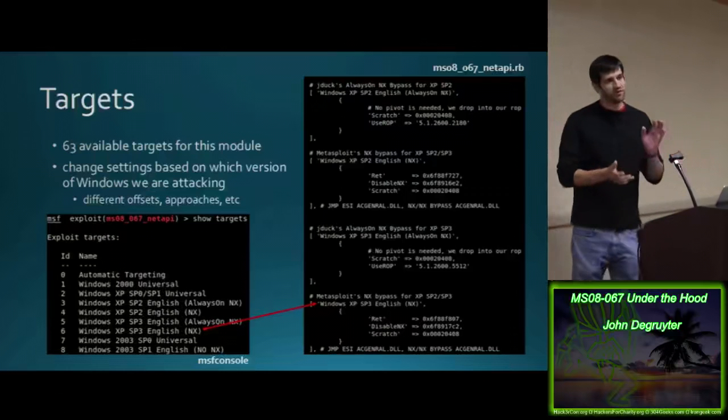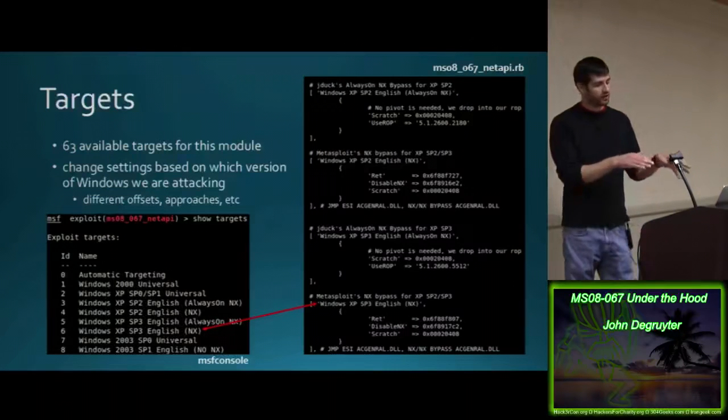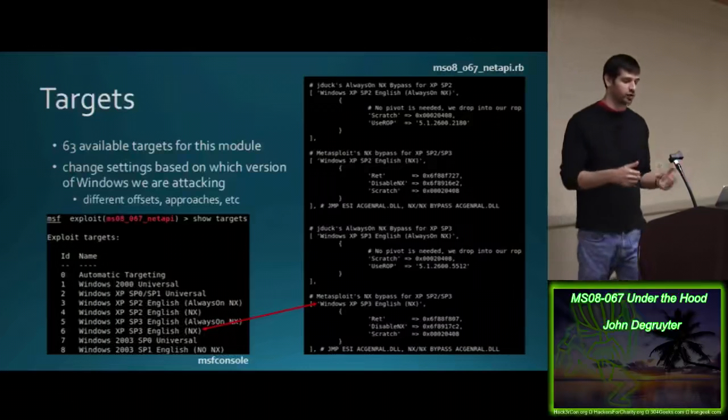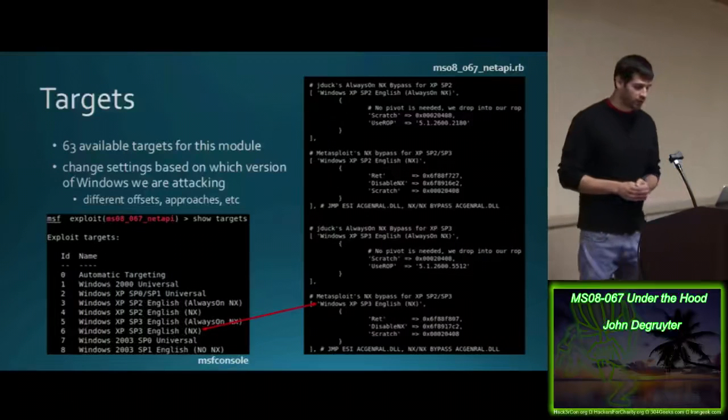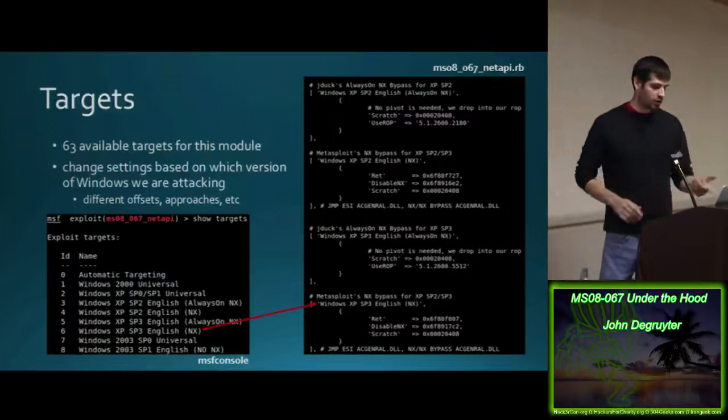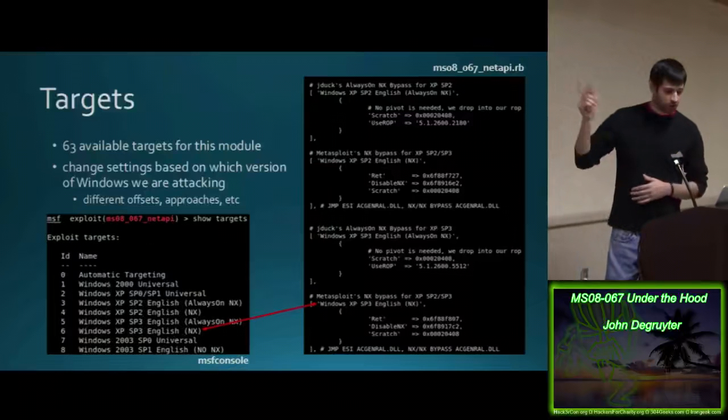The target section can have different variables, but for this particular exploit, it's telling them where we want to go after we have control of the instruction pointer, or EIP. And those are slightly different for each of these targets. That's why we have multiple ones. For example, on the second one from the top,